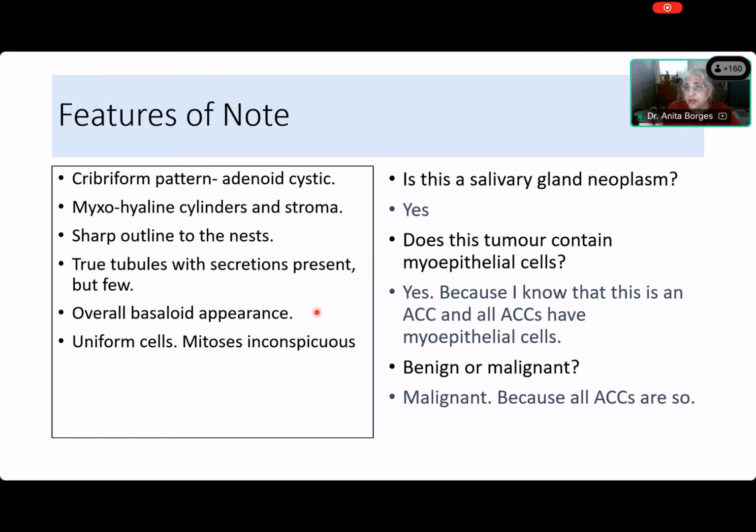And you should have learned something today, Somik. And what is it that you have learned and others have learned as well? That all carcinomas do not show you pleomorphism, do not show you mitoses, can have a uniform appearance, and still they are carcinomas. Why are they carcinomas, Somik? Because they behave like carcinomas. Everything that looks like this and is an adenoid cystic carcinoma is malignant. That's why we call it a carcinoma.